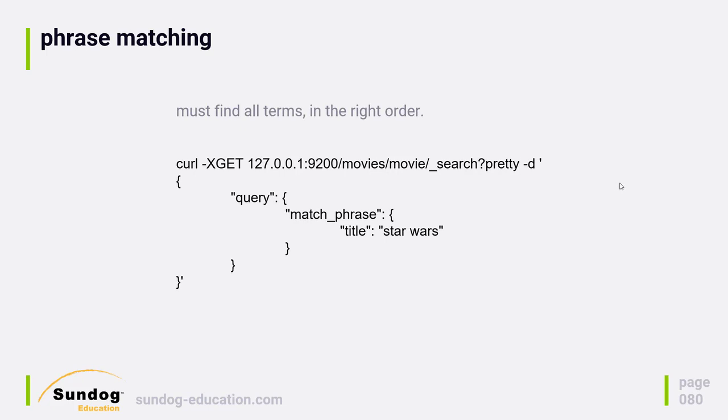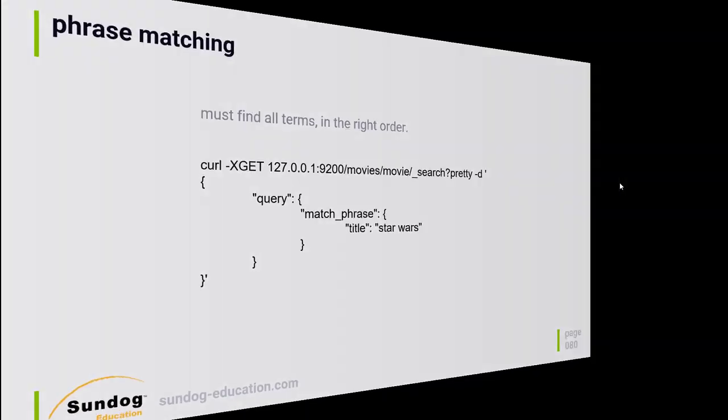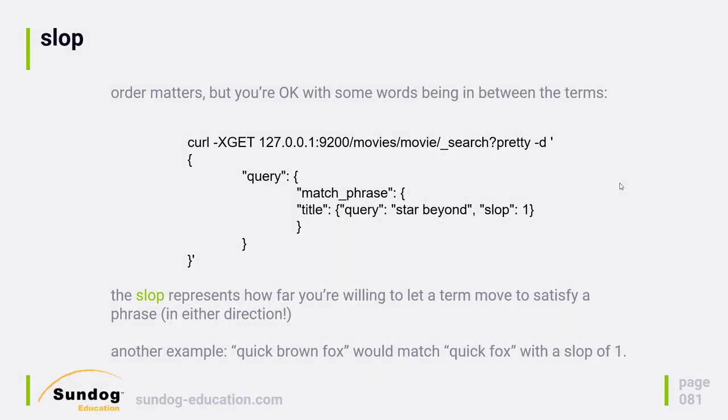And the way this works is that in your inverted index, it doesn't only store that a given search term occurs inside a document, it also stores the order in which those terms occur. So it can use that information about the ordering of each term to piece together where phrases exist. That's how it works under the hood. Very easy to use, but there are some more complex ways of using phrase search